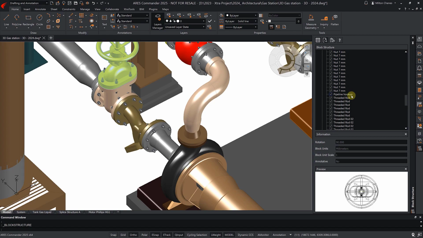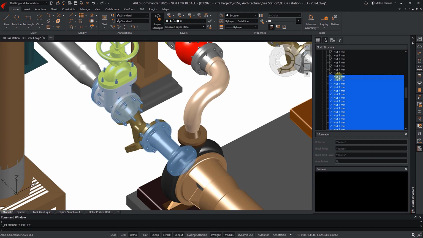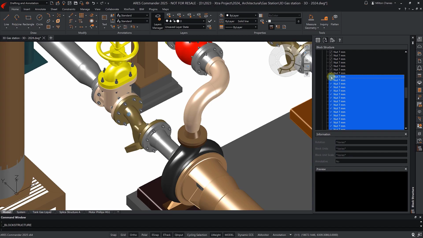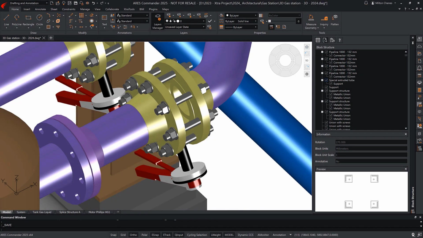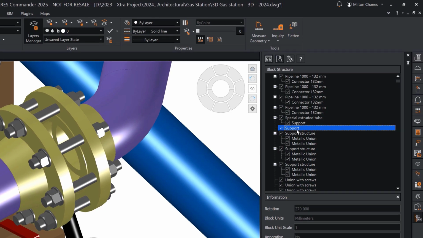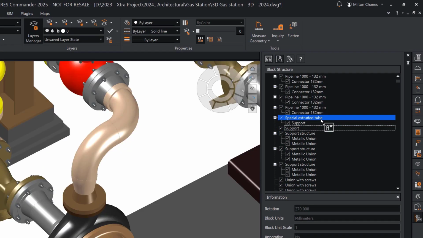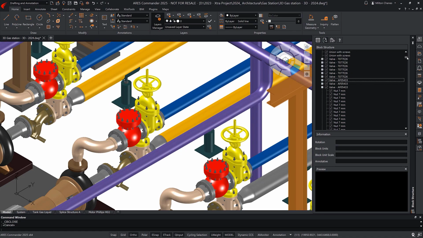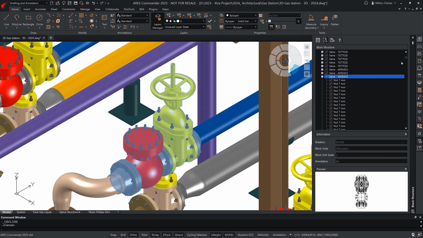Within the tree, we can select several sub-items at the same time by holding down Shift. This method can be used to turn off several of them at the same time, or activate them. Additionally, you can move blocks within the structure, changing their hierarchical order. This feature simplifies the process of reusing design elements and maintaining coherence in the drawing. Also, as you can see, this same function can be applied to both 2D and 3D blocks.